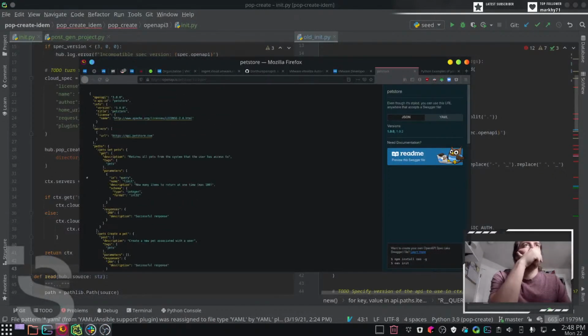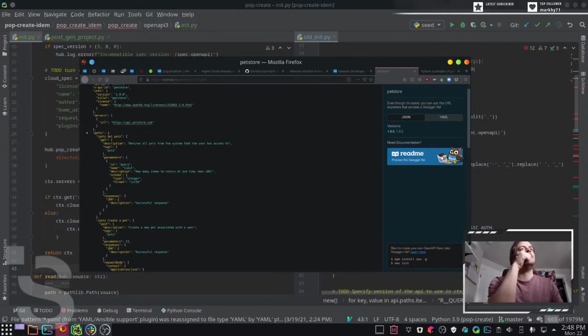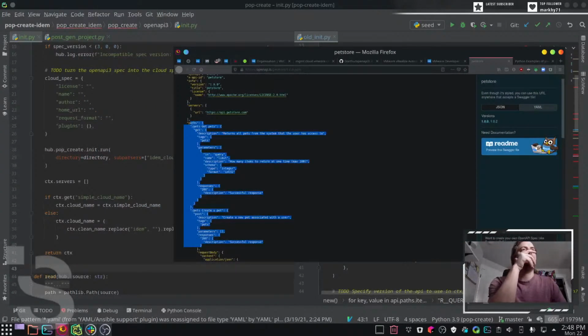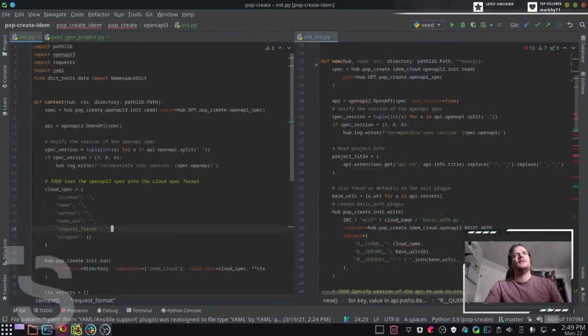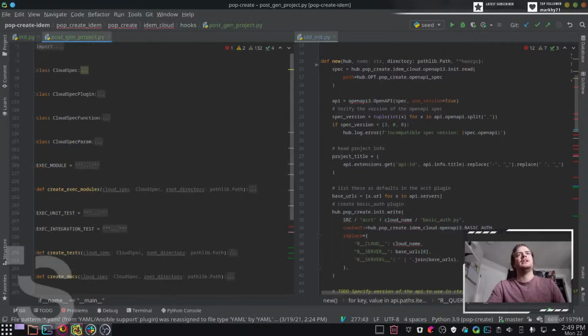Okay. This is what we get from the OpenAPI 3 spec. I want to turn these paths into something that fits my new cloud spec format. So I think each unique path is a function call. No, this cloud spec, it's a format for turning